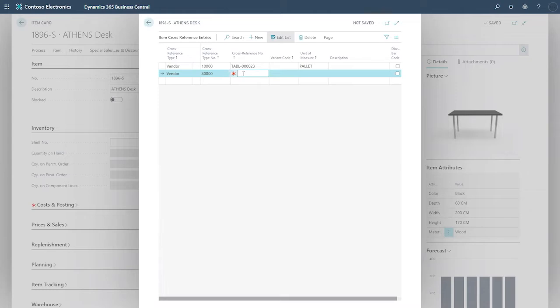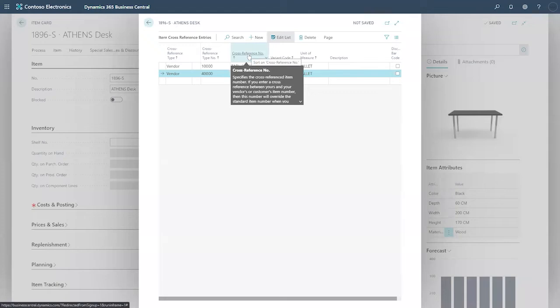But for these people, the same item could be named with another type of identifier. So in this case it will be the desk, dash 00 dash 40 like that. Okay, just another number. And guess what? They are also selling pallets. But when the vendor arrives, you're going to be using this specific cross-reference. This is how we call it